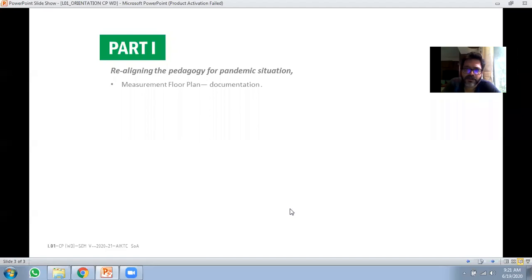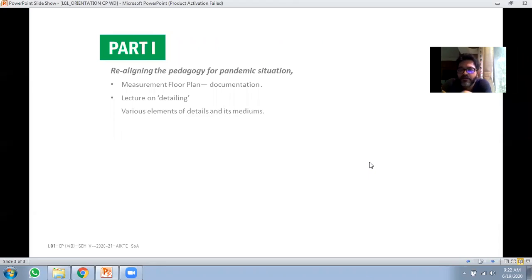People who are staying in flats will of course have everything in one layout only. The first task which you will be doing, we are going to discuss a little bit further next, but I'll just give you an overview first. Then next week we are going to have a lecture on the detailing part of it, why detailing is required. So we will just orient you for the detailing that is going to happen in the next lecture, not now. And then various elements of details and its mediums.